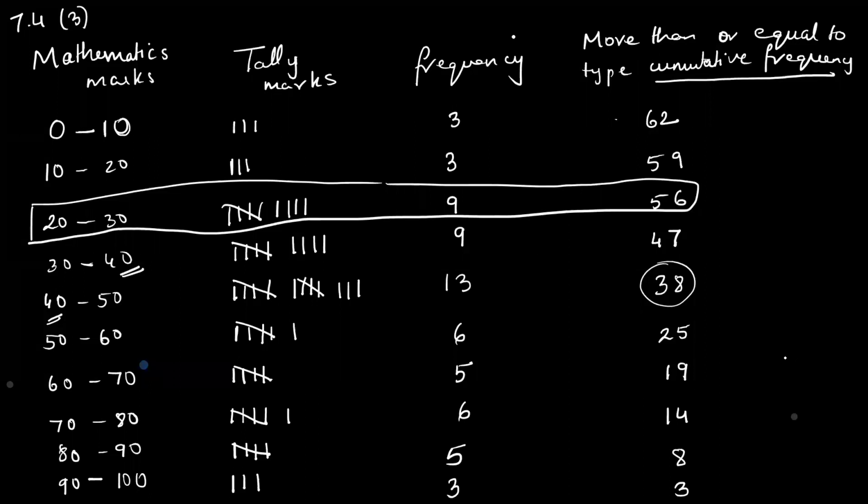What is the cumulative frequency of equal to or more than type of the class 0 to 10? It's 0 to 10 they mentioned. So what is the answer? 62. Okay. Correct. Now question 4 is actually omitted, but since we already made this, actually we erased it. So I hope you've understood how to draw this cumulative frequency.